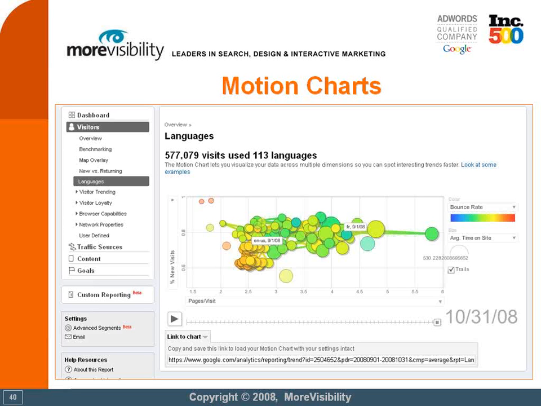And just like advanced segmentation, there are thousands of different options that you can use with motion charts. You can spend a lot of time on it. I know I spend probably a little bit too much time playing with the motion charts, but it's really great, and it really can bring up some good insights. Like my second example